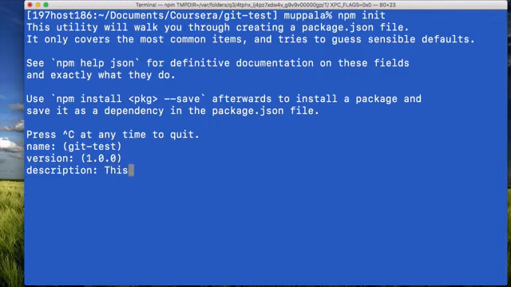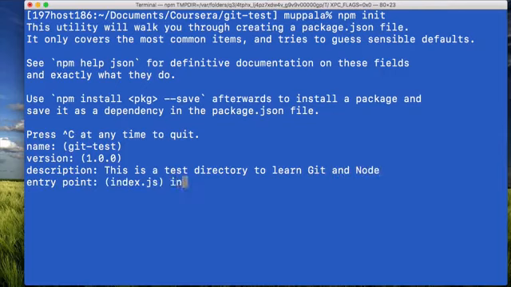this is a test directory to learn Git and Node. Doesn't matter, type some description there. And then the entry point, I would just say index.html. Usually, if it is a Node package, the entry point would be index.js. Now, this folder that we have set up is an index.html based folder, so that's why I just type in